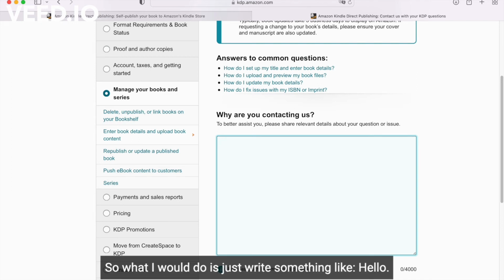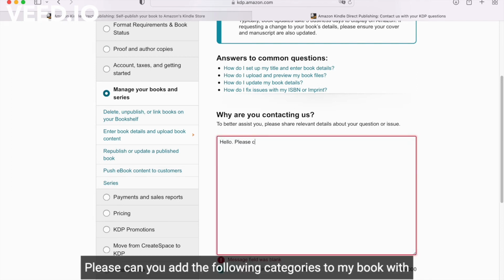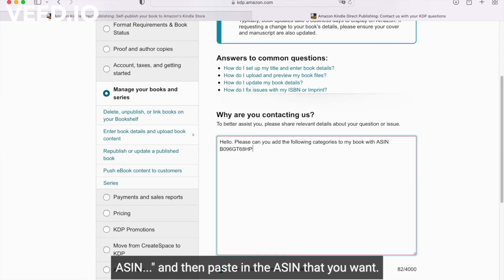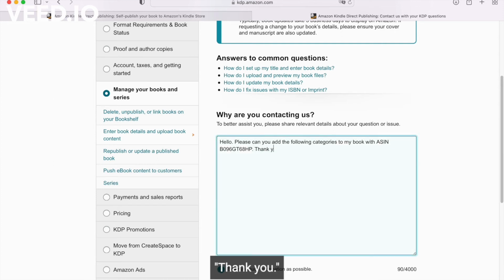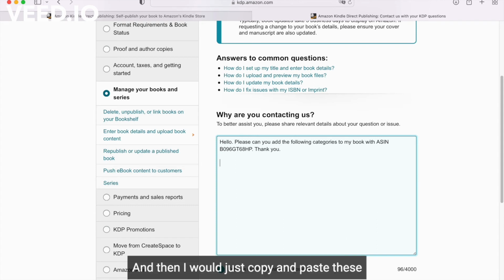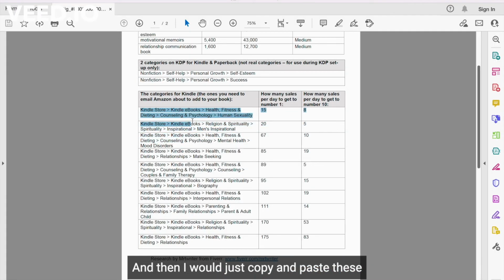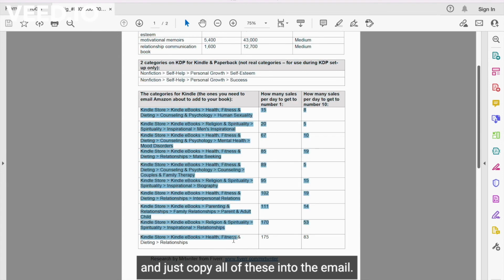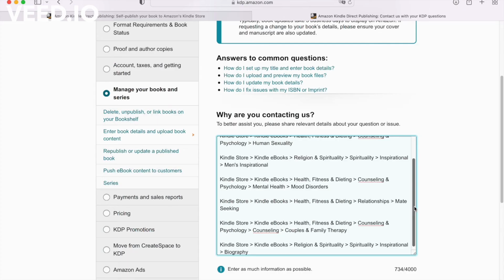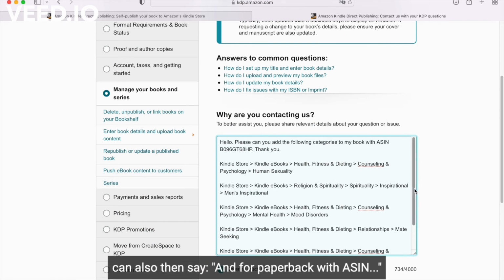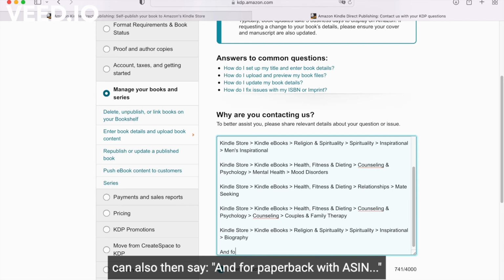So what I would do is just write something like, hello, please can you add the following categories to my book with ASIN, and then paste in the ASIN that you want. Thank you. And then I would just copy and paste these, and just copy all of these into the email. Once you've copied and pasted them all in, you can also then say, and for paperback with ASIN, and then